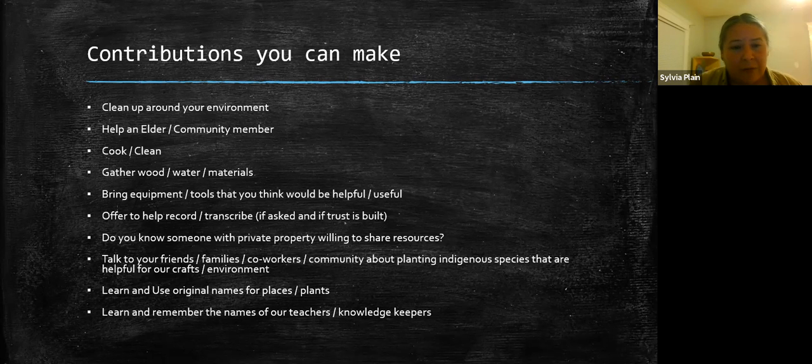Offer to help record or transcribe. This is kind of situational. If you're comfortable talking to elders, if people know you, if trust has been built, then I'm saying help record or transcribe, because sometimes there's storytelling, and this is if the community is asking for it. I want to be clear about that. It's great to have the intent to do that, but if they ask for it and you can be helpful and you have that experience, then please do, because a lot of our really great knowledge and our teachers are not always in university, they're not always publishing.